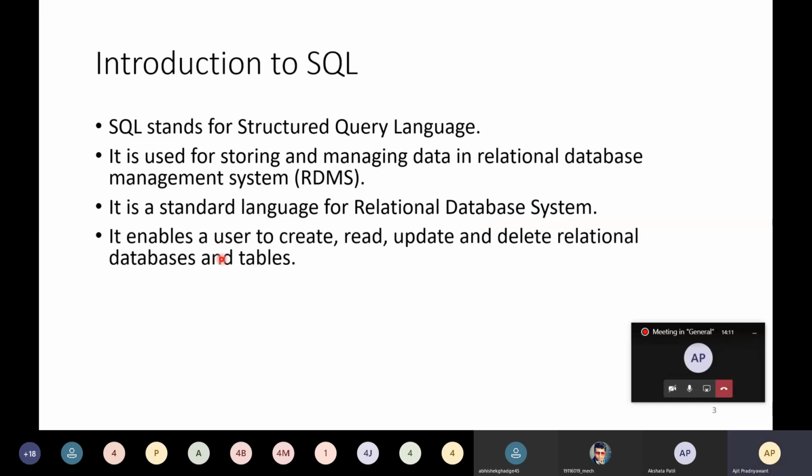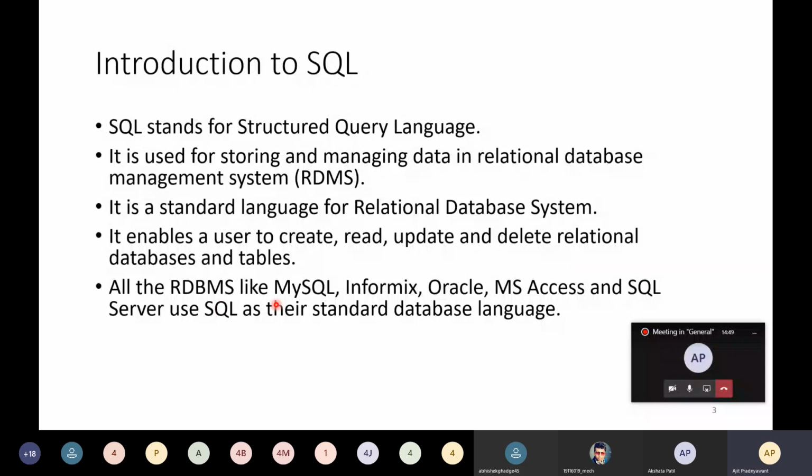What is the use of this? SQL enables a user to create, read, update, and delete relational databases and tables. So with the help of SQL, you can operate over different queries, over your relational databases and tables.